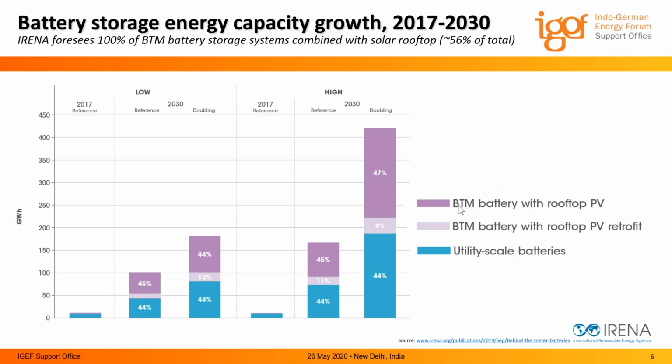I don't know if you're able to see my mouse, or do I have to give a specific setting? We are able to see your mouse. Okay, so